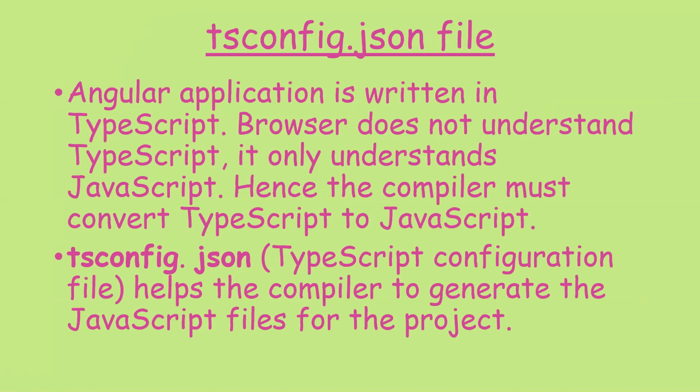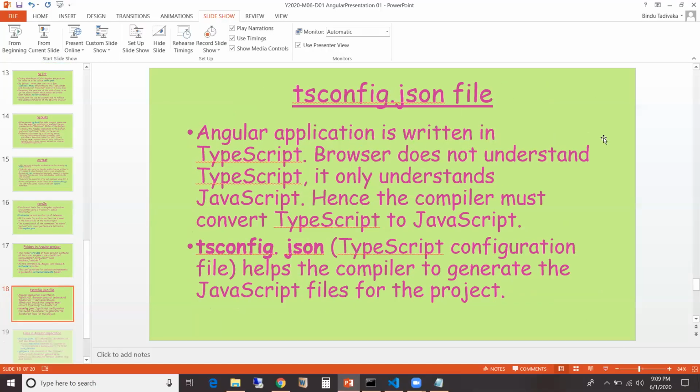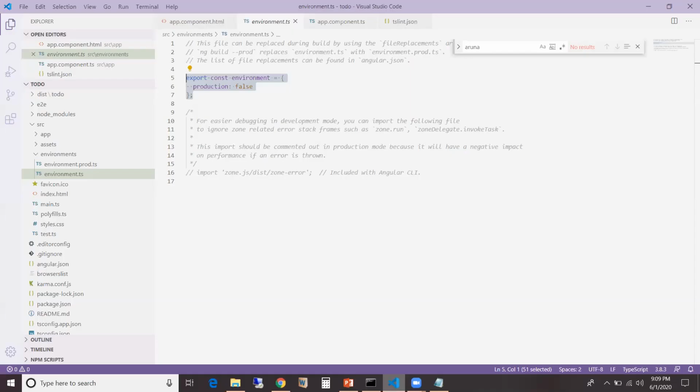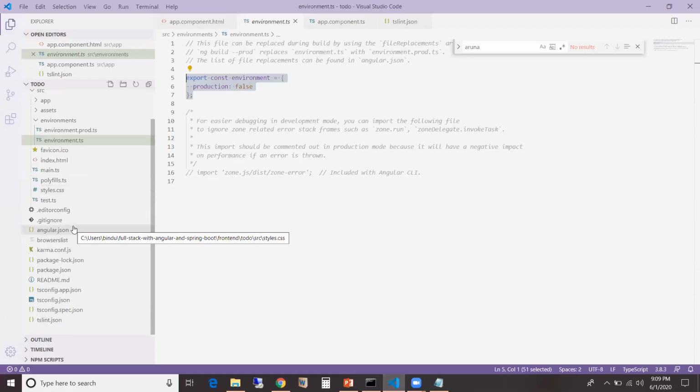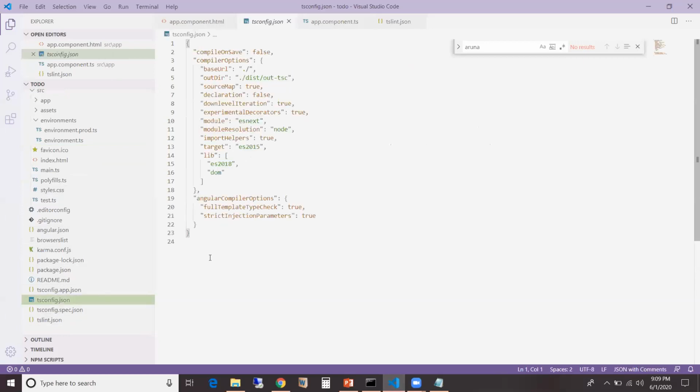And then we have a tsconfig.json file. This file helps the compiler to generate JavaScript files. So let's go to the tsconfig.json file.